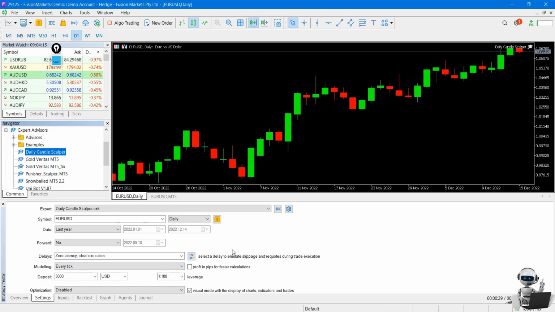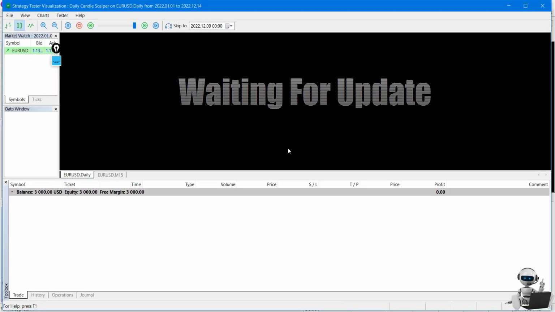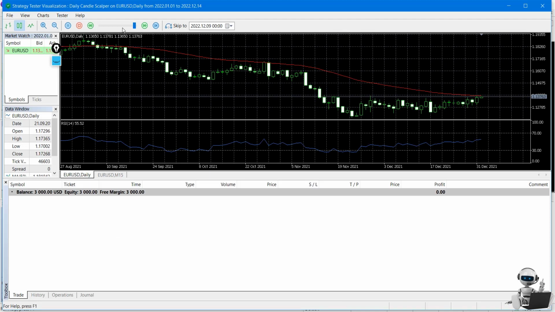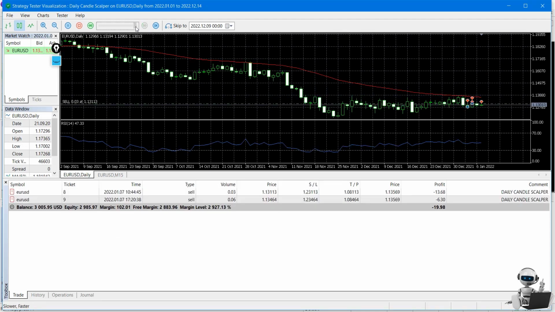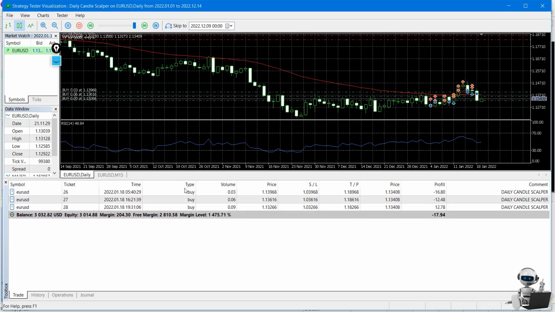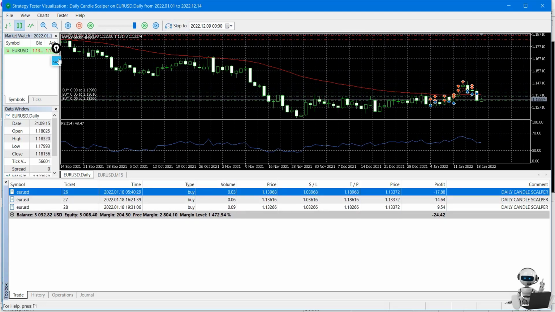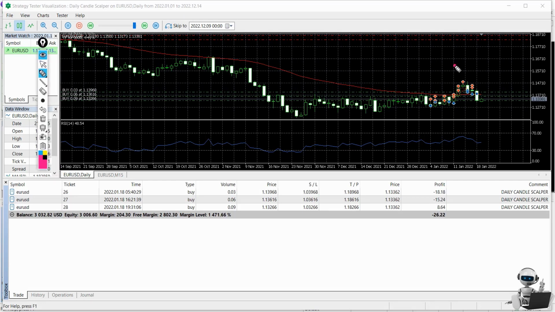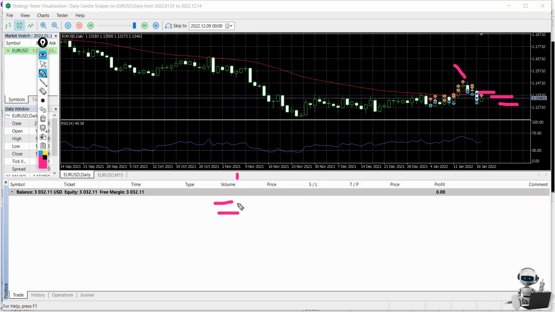Now for the backtest, I will show you a quick review, and let me show you in visual mode how the EA is working. So let me, for example, this is too fast, so you can see we have some buy, and what happened, the direction of the trend is opposite. So it opened another buy trade, and then it opened another one. But as I told you, it uses semi-martingale and it closes whenever it hits back to a certain price. So yeah, it will be very profitable, but it will be a little bit risky, you know that.